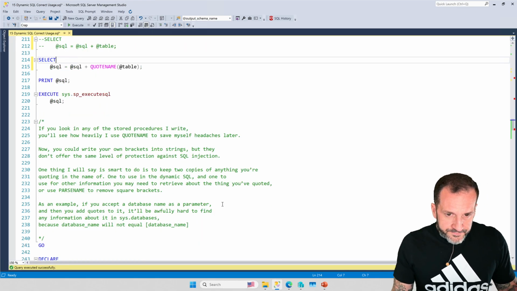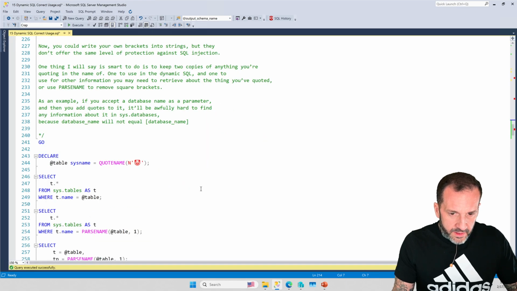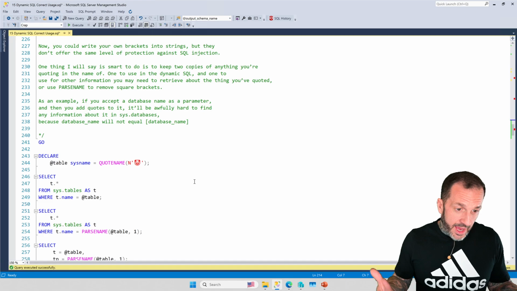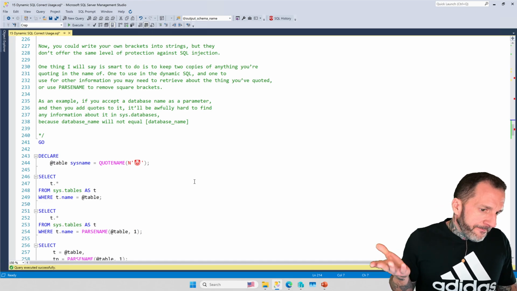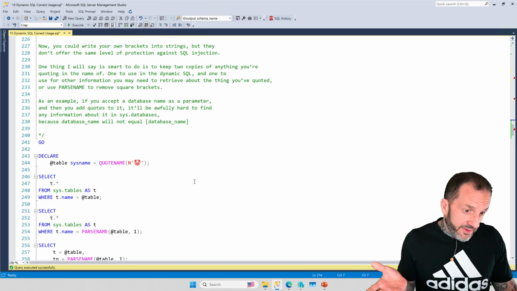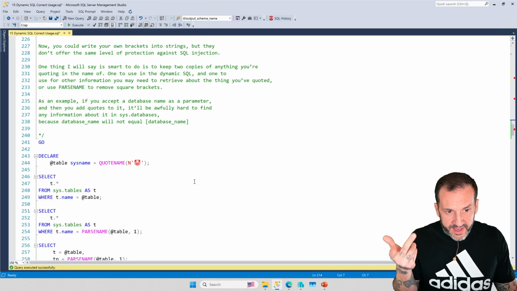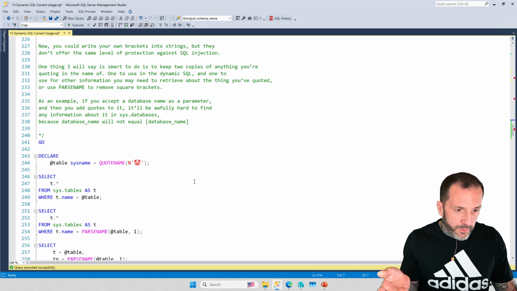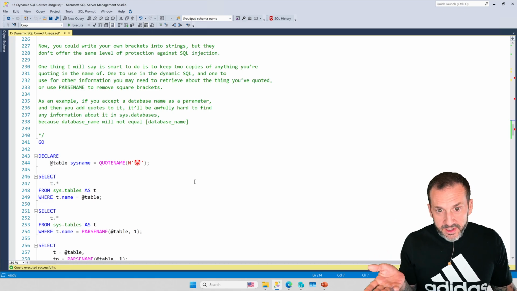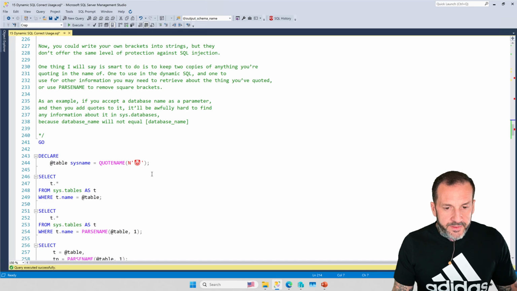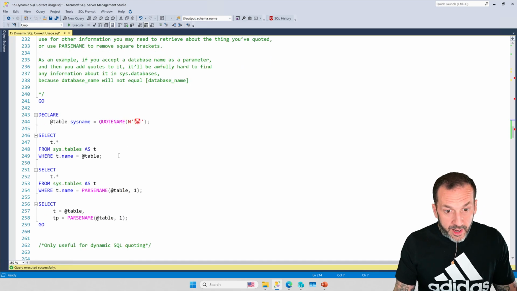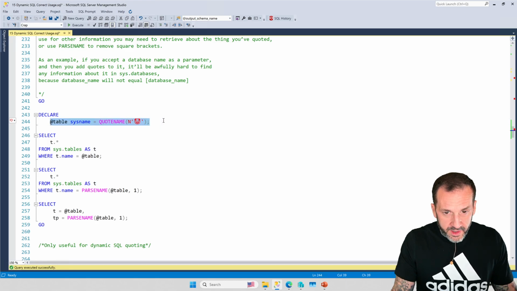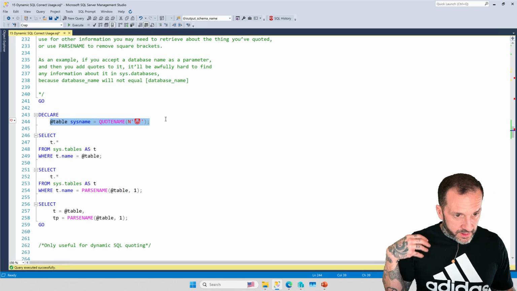Now, one thing that is worth noting though, and this happens to me a lot in my stored procedures, is where I'm like, okay, I've got this identifier, right? I've got a database, server, database, schema, table, whatever, and I stuck it in QUOTENAME, but now I want to go figure out if that object actually exists or not before I go try to do anything with it. None of the system views have object names quoted in them, right? So if you do something like this, and you say, well, I'm going to be safe and set my parameter or variable to the quoted version of something,